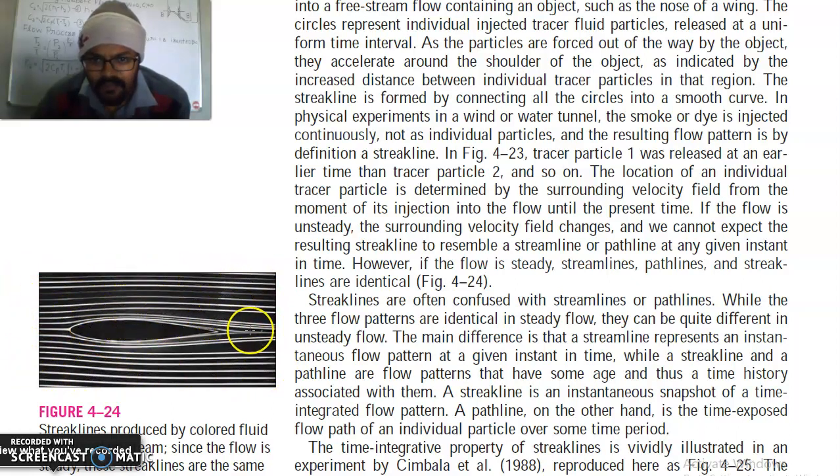Now don't get confused between streaklines and streamlines. Streaklines are often confused with streamlines or pathlines. While the three flow patterns are identical in steady flow, they can be quite different in unsteady flow. The main difference is that a streamline represents an instantaneous flow pattern at a given instant in time, while a streakline and a pathline are flow patterns that have some age and a time history associated with them. So whatever photograph is taken, it is taken after some time interval, while on the other hand, a streamline